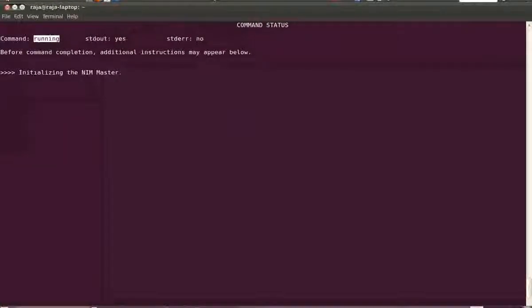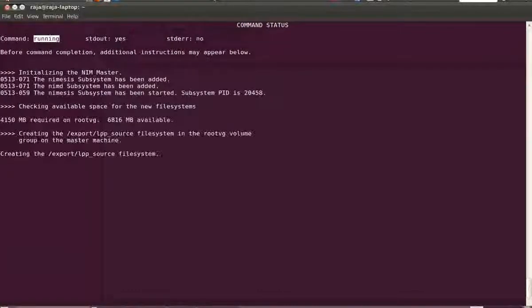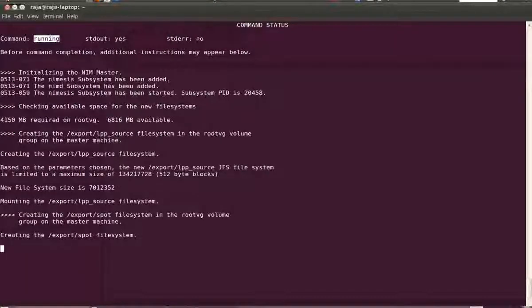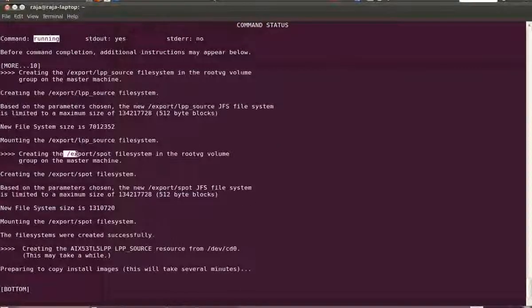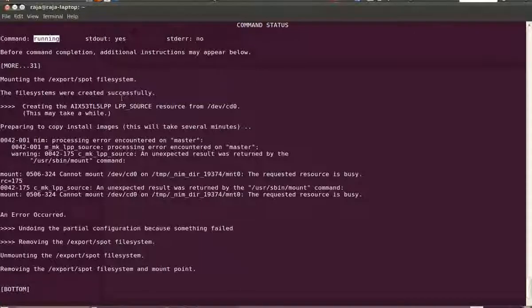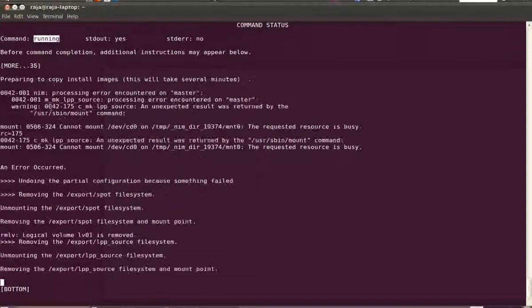Now you can see the NIM master is getting initialized. Basically it will add two subsystems, two daemons, nimesis and nimd, to the system, and then the daemons will get started. Then it will check for the available space for the new file systems. If the space is available in the volume group, then it will create the file systems. First it's creating /export/lpp_source, and the file system is created, and you can see it is mounted, and now it is